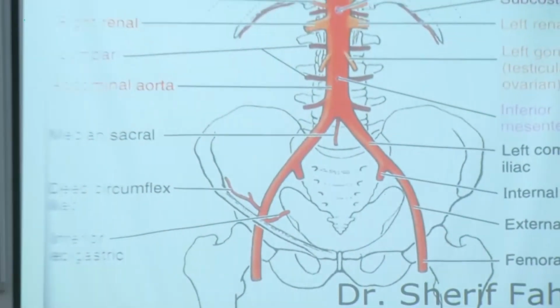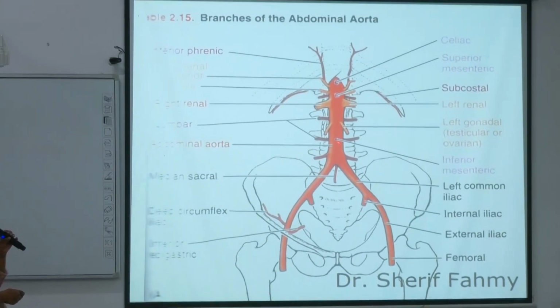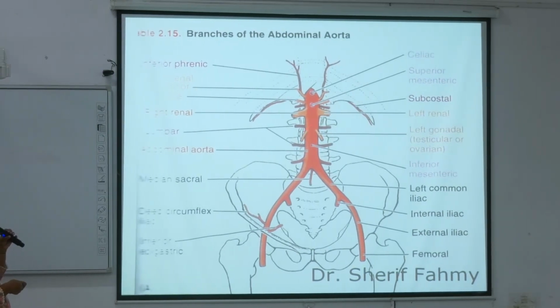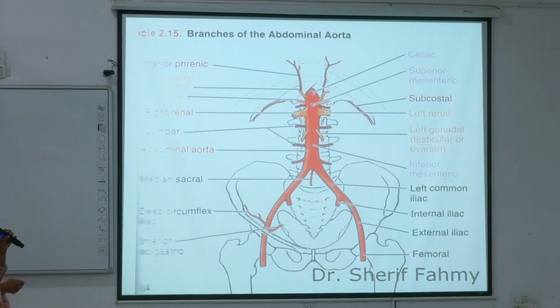These three are ventral branches: celiac trunk, superior mesenteric, inferior mesenteric. Here are the lateral branches: inferior phrenic, middle suprarenal, here is the renal artery and gonadal artery. And posterior branches are these lumbar artery and median sacral. And these two are the terminal branches, left and right common iliac. Then it divides into external iliac and internal iliac, and external iliac gives inferior epigastric artery and deep circumflex iliac artery. After that, it crosses the mid-inguinal point and extends downward as the femoral artery. Okay, here it is written.